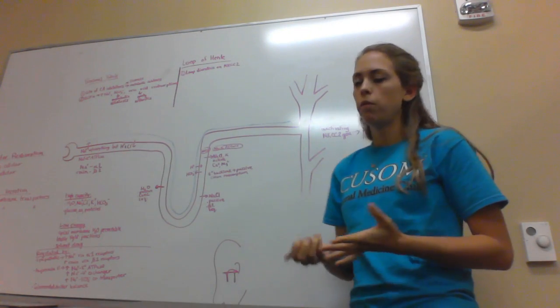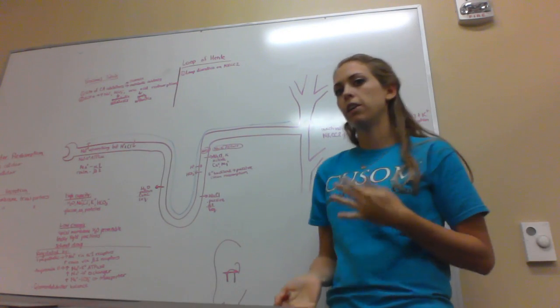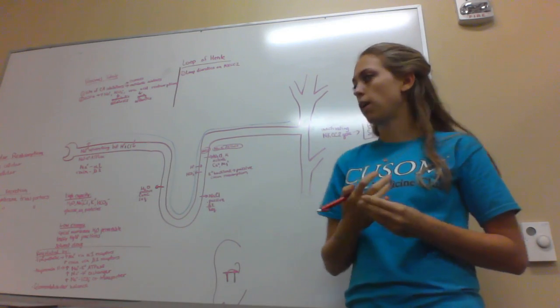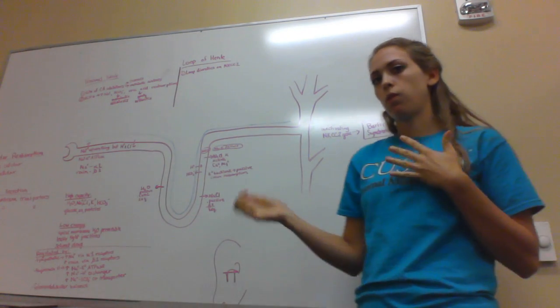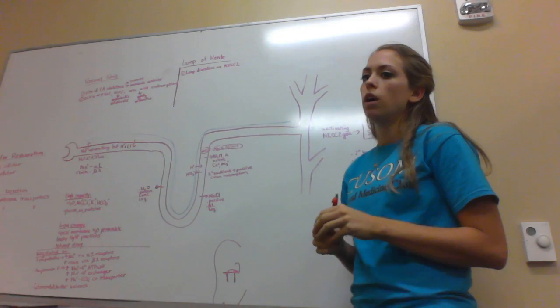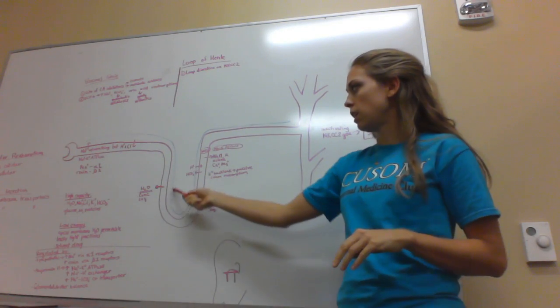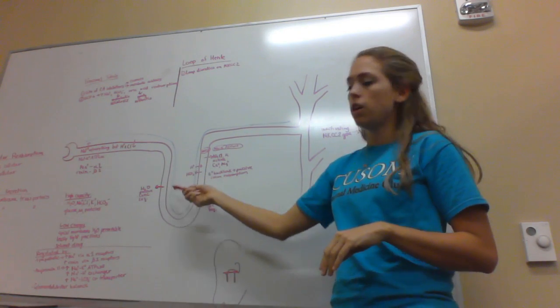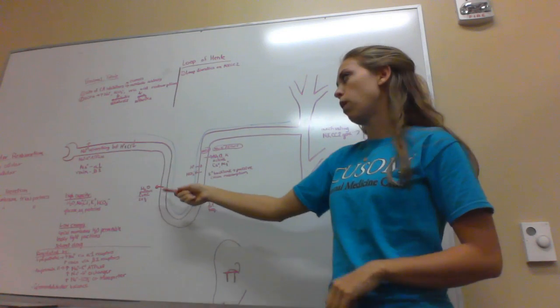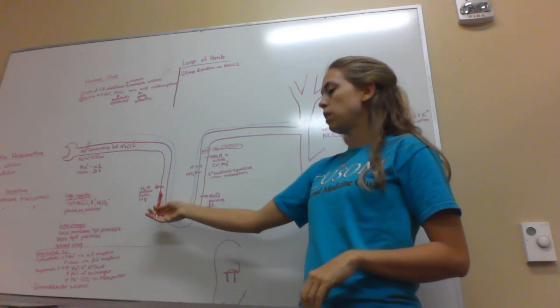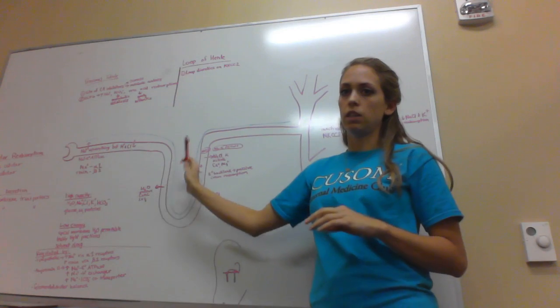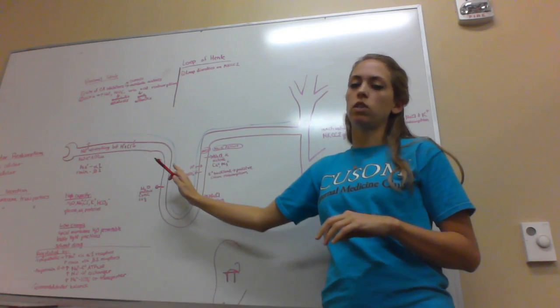Alright, so now I'm talking about the loop of Henle, and it has a lot of similarities to the proximal tubule for regulation, but we're going to start with what comes out and what comes in it. So on the descending part of the loop of Henle right here, you have passive reabsorption of water, and this is called the concentrating segment because it's losing water and the solutes are staying in the tube, so